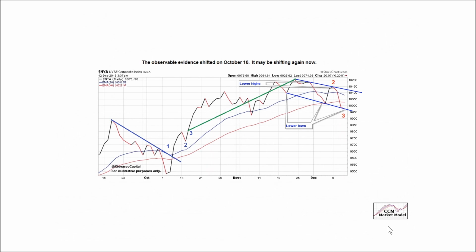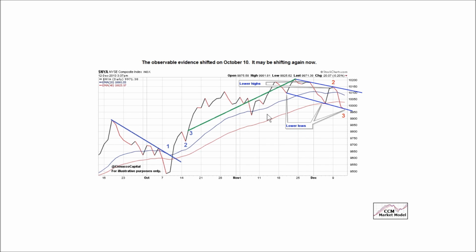The market model monitors market profiles, which speaks to probabilities. This is the NYSE Composite Index, a broad index of stocks. You can see when we bought the October low here, the observable evidence began to improve. This is a bullish trend change. Step 1, you have to break a trend line. Step 2, you have to make a higher low, and it gets confirmed when you make a higher high. You can see after the trend change was confirmed, stocks did well.